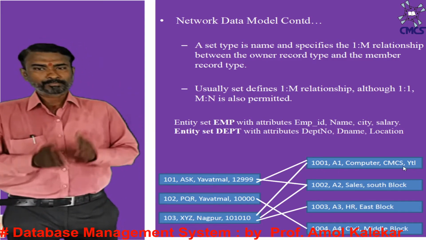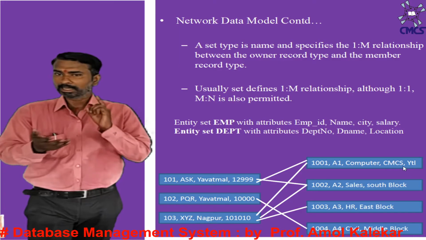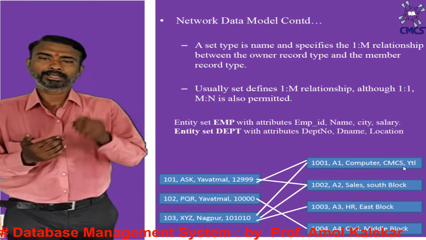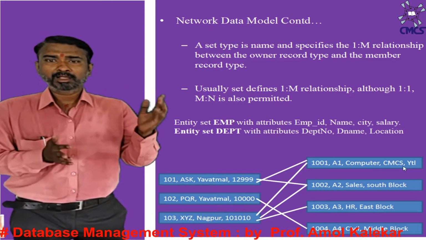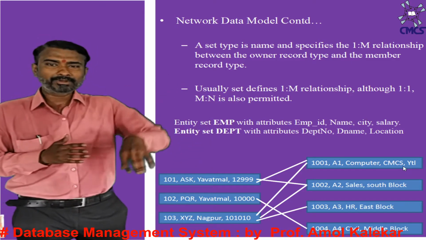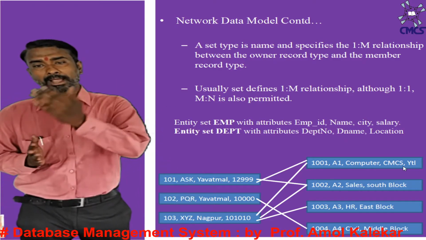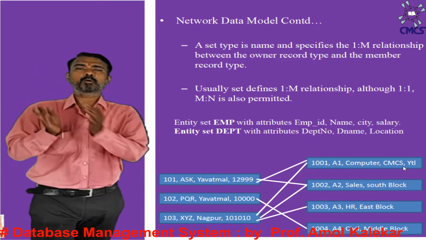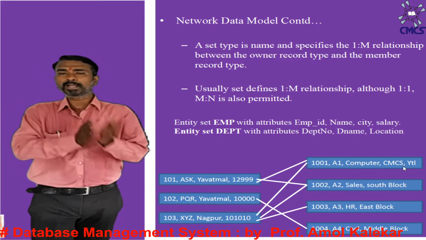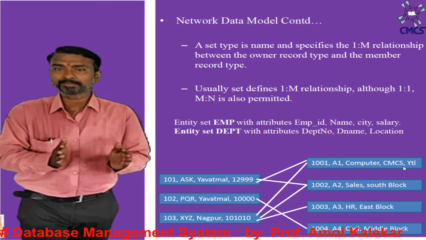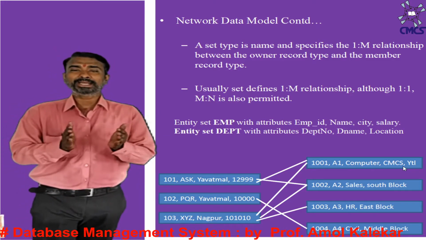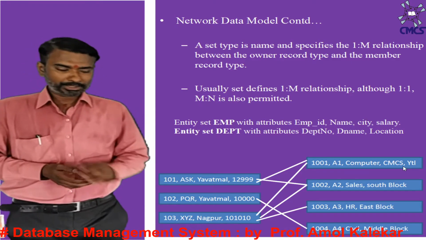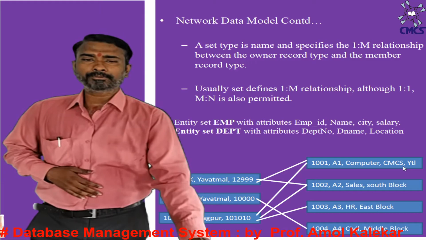department entity set. Okay, so we can say that a given employee can be working in at least one department. Conversely, in a given department, there might be a number of employees who are working as well. So, in this way, you can have one-to-many as well as one-to-one or many-to-many relationships that can exist among two entity sets in this network data model. Okay, so this is all about the network data model.